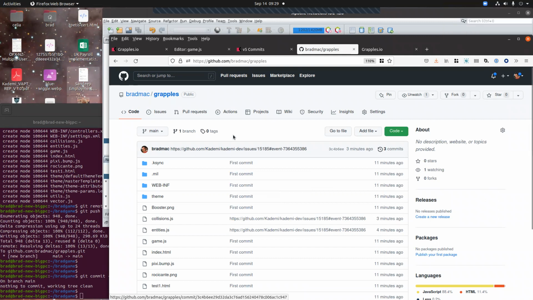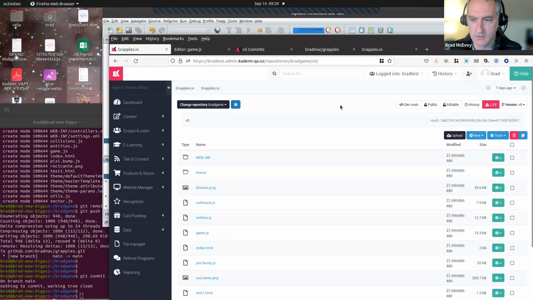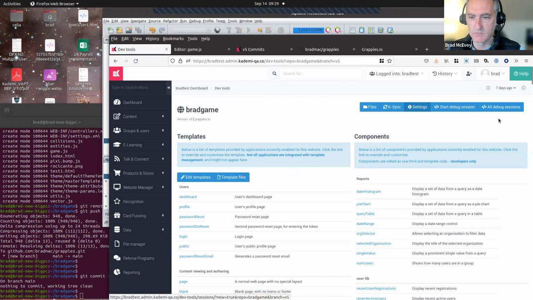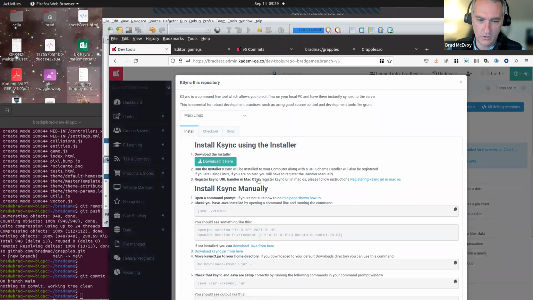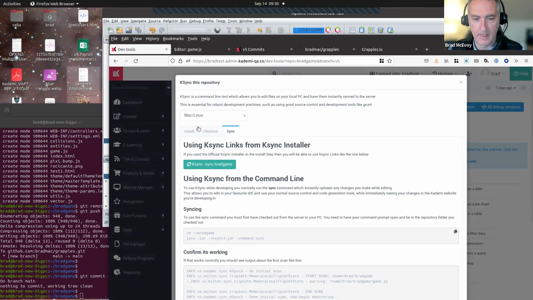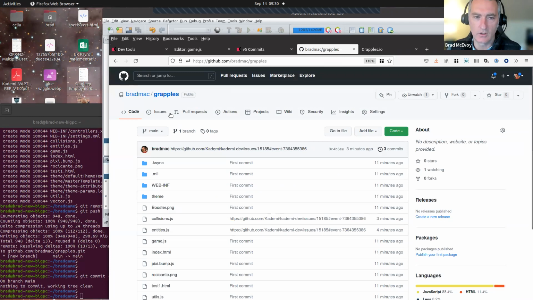Yep. Thanks. Cool. All right, so I just want to loop back to the start, because that takes me to the end of what I wanted to cover here. I just want to make sure that workflow is really clear. If you're working on a website, jump over to DevTools, hit ksync, do the installation. Download the installer, run the checkout, and then run sync while you're at it, so you can edit. And then when you're ready to put your code into source control, you create a new repository here, and you go and follow